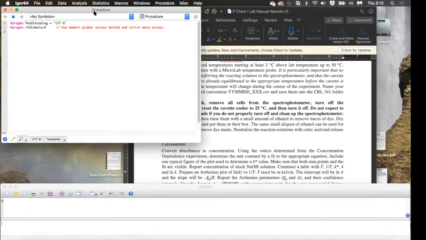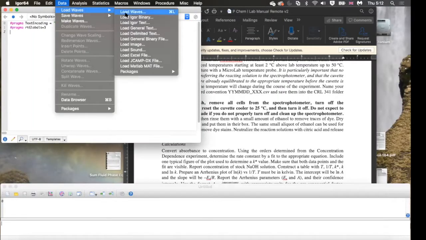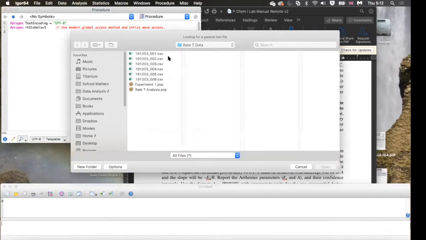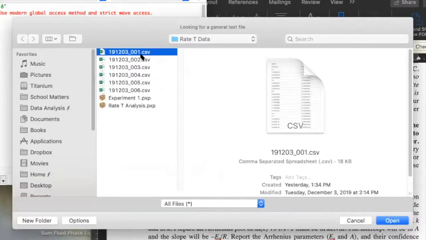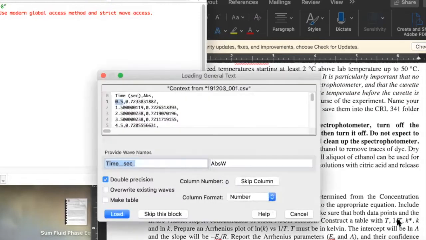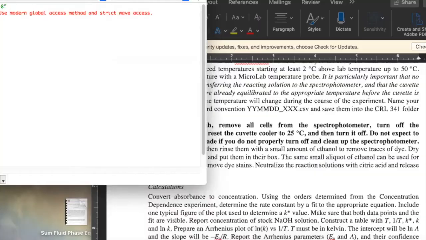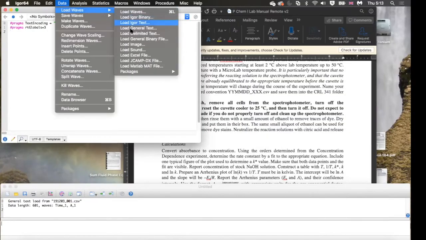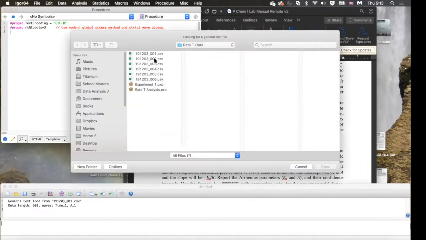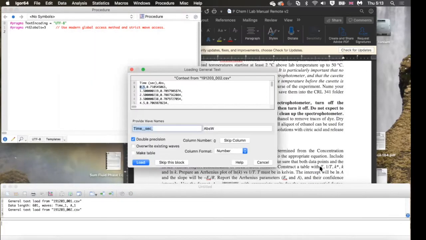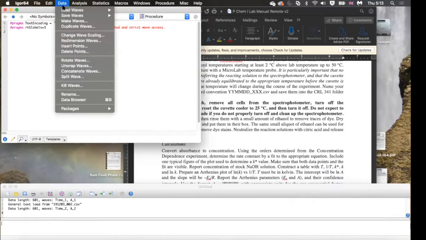And now what are we going to do? Well, we have to load some waves. So, general text, we've got 6 systematically named waves here. Let's do that. We're going to use systematic names, time_1 and A_1 for the first absorbance. Then we're going to do that again for the second wave: time_2, A_2 for the second one. We're going to load